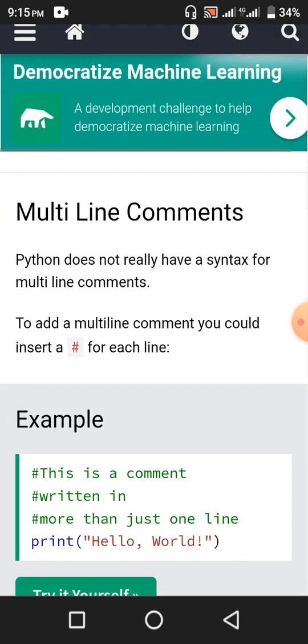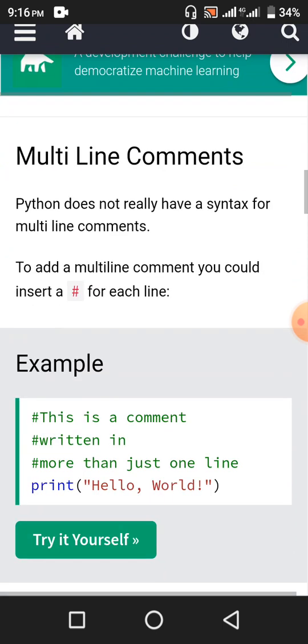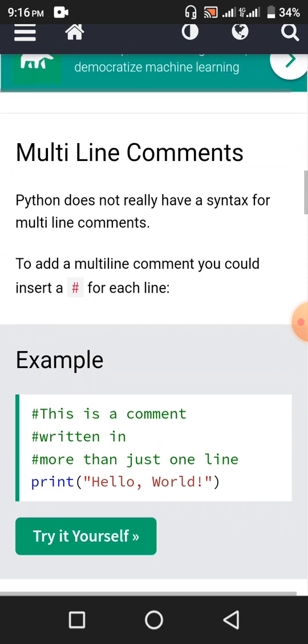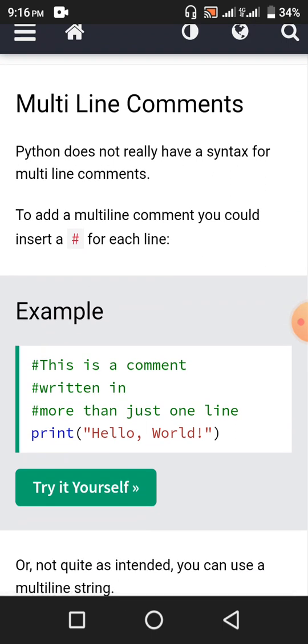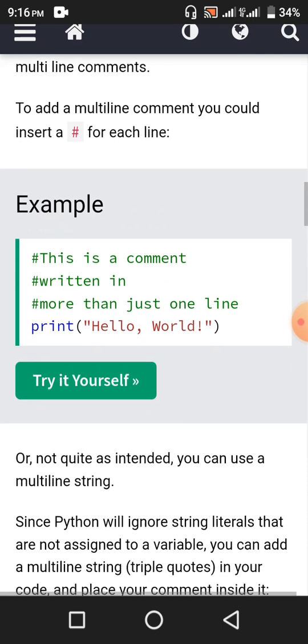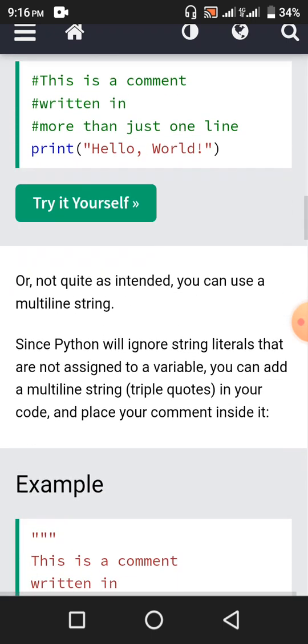Multi-line comments. Python does not really have a syntax for multi-line comments. To add a multi-line comment, you could insert a hashtag for each line. This is a comment written in more than just one line. Print hello world. Or, not quite as intended,